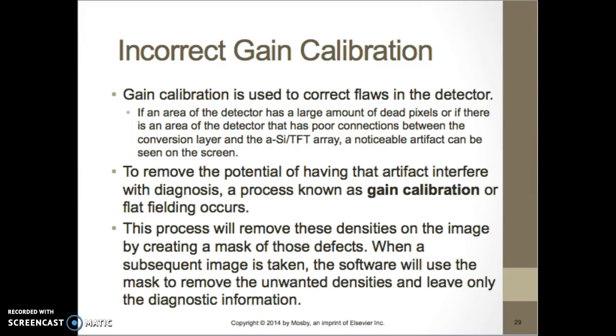So that's kind of weird how that's stated. So it's called gain calibration. So this process will remove these densities on the image by creating a mask of those defects. When a subsequent image is taken, the software will use only the mask to remove the unwanted densities and leave the diagnostic information there. So here are your photo cells, so you can see that that would be a